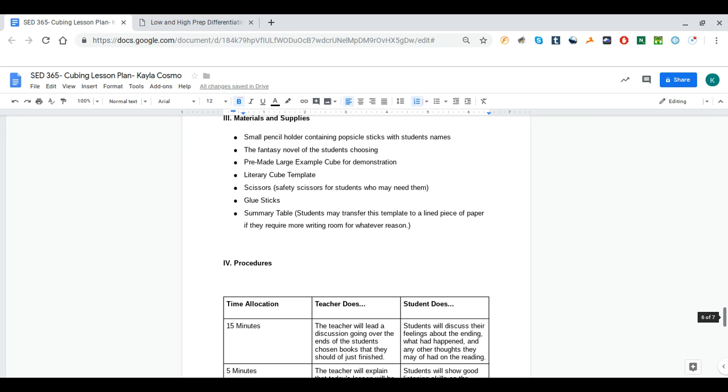Students will also need their literary cube template, scissors, and safety scissors for students who may need those instead. Glue sticks, those three things are so that they can actually make their cubes. They will not have to write down the different components of the cubes though, since that is already labeled. And then students will also need a summary table